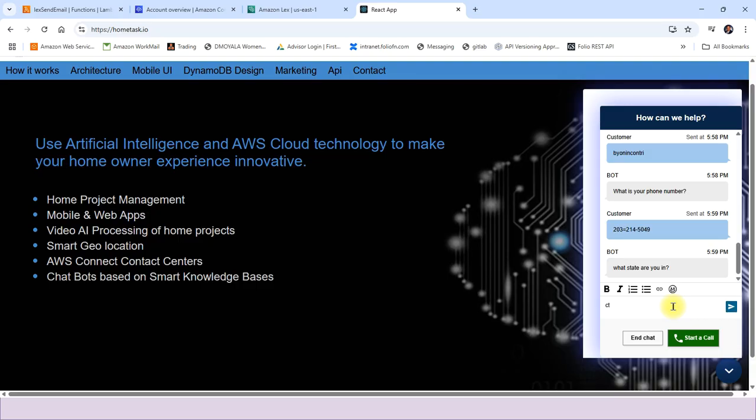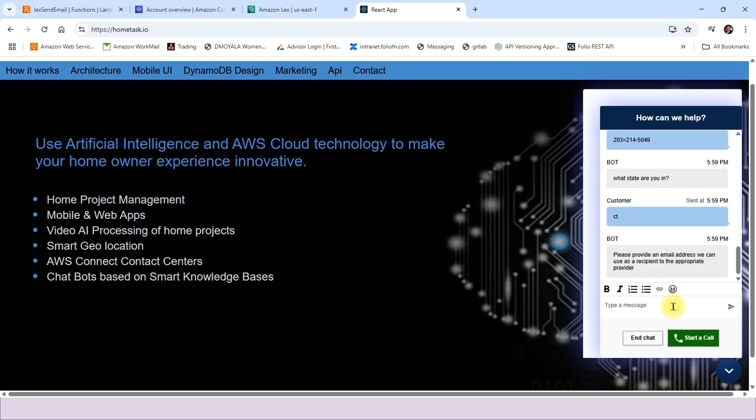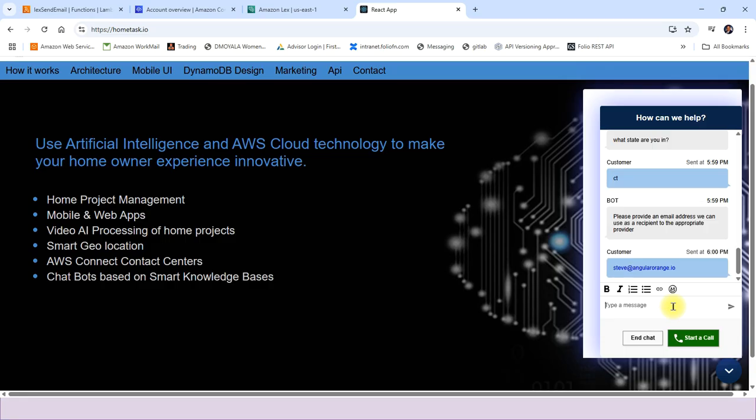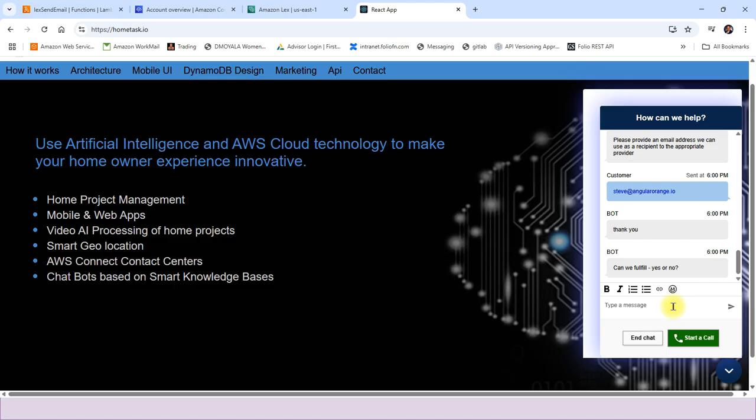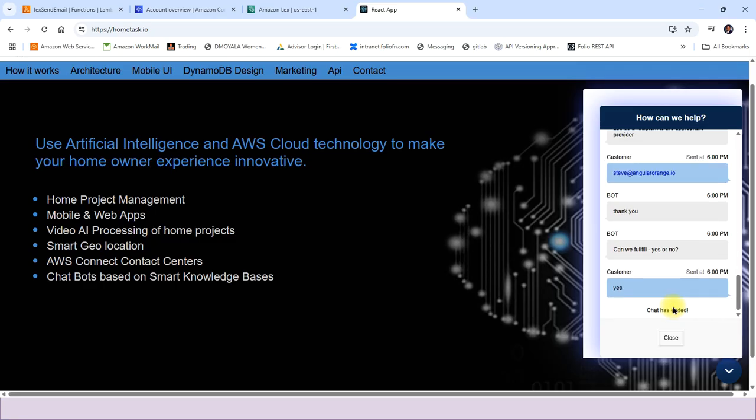I'm going to say I'm in Connecticut now. That's another answer. I could probably detect that from the phone making the call, or the user chatting, and understand their profile. So now I'm asking for an email address. So I go and I basically just throw in an email address. And like I said, this is something that should be retrieved. And should you fulfill? And I'm going to say yes. At that point, I'm invoking the Lambda,